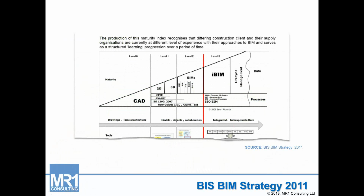It also at that time came up against, and I'm sure you've all seen the diagram, and why it's taken it to its heart, the Richards diagram for maturity. How could we actually achieve and use BIM to better advantage through these processes and procedures that have been developed, tested and measured to give significant cost savings? But more importantly, how did they, and how do they as clients, help to get the industry to change and embed these new methodologies? And so the idea of these different stages of development came about, and BIM level 2,